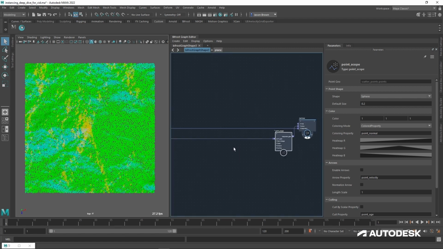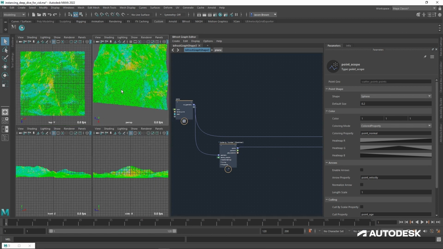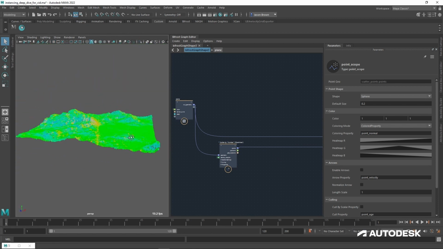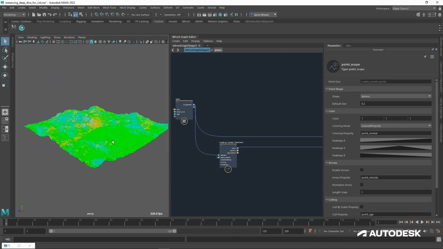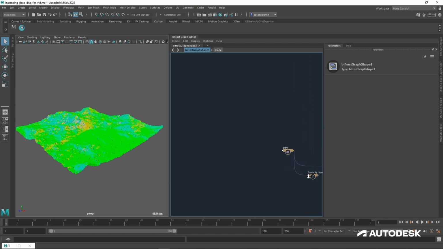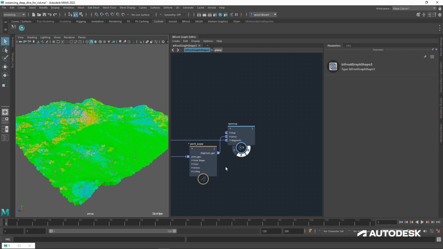So what can we do with this? Well, it turns out you can do an awful lot with this. And let's start doing some stuff. As you might have guessed by the different colors of the normals, this is not a flat 2D mesh. This is a 3D terrain mesh. So just to have a quick look at that, I'm going to turn our mesh back on, and I'm going to drop the number of points we've got.